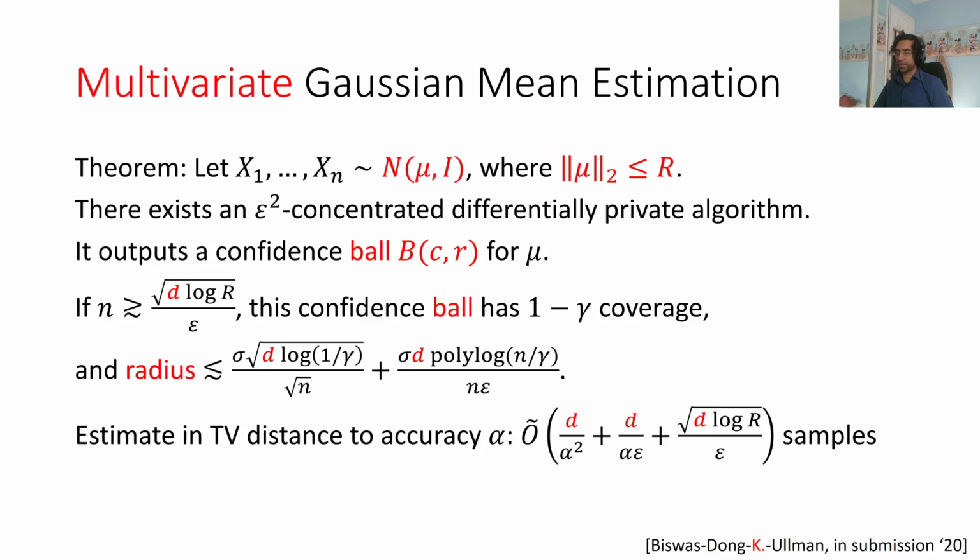And like I said, here's the other way of viewing it, where you do it in terms of the sample complexity in order to estimate to alpha total variation distance. You can see it's essentially what you'd expect. Again, comparing with the non-private setting, the first term is what you pay non-privately, and the second and third terms are what are incurred due to privacy, which can be a lower order term depending on the value of epsilon. Okay, so that's the theorem.